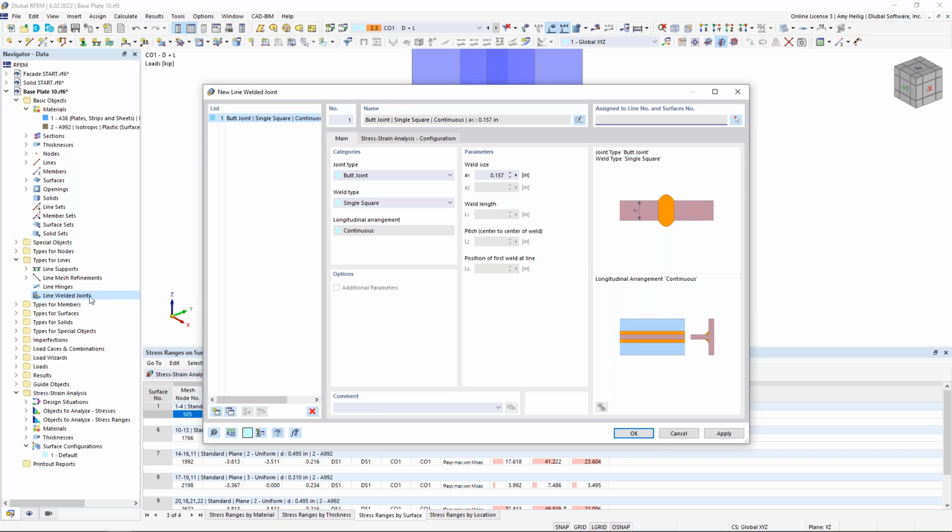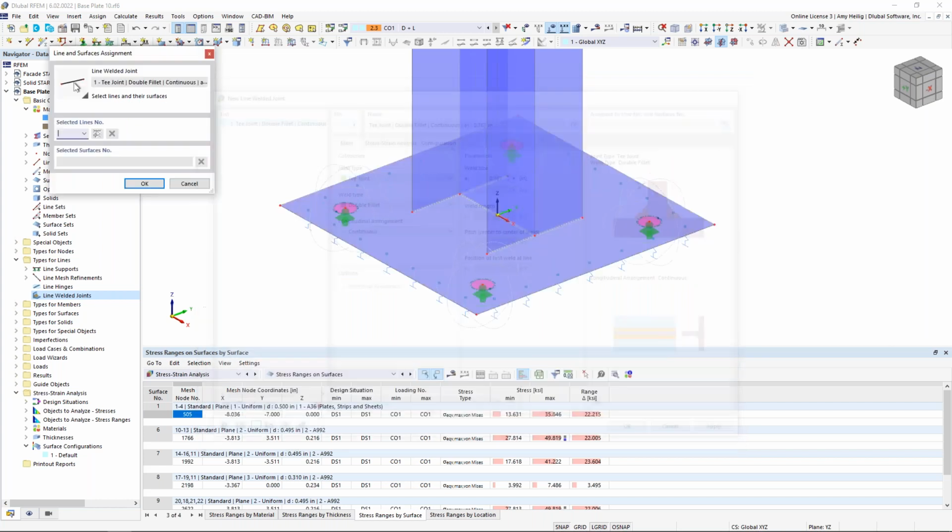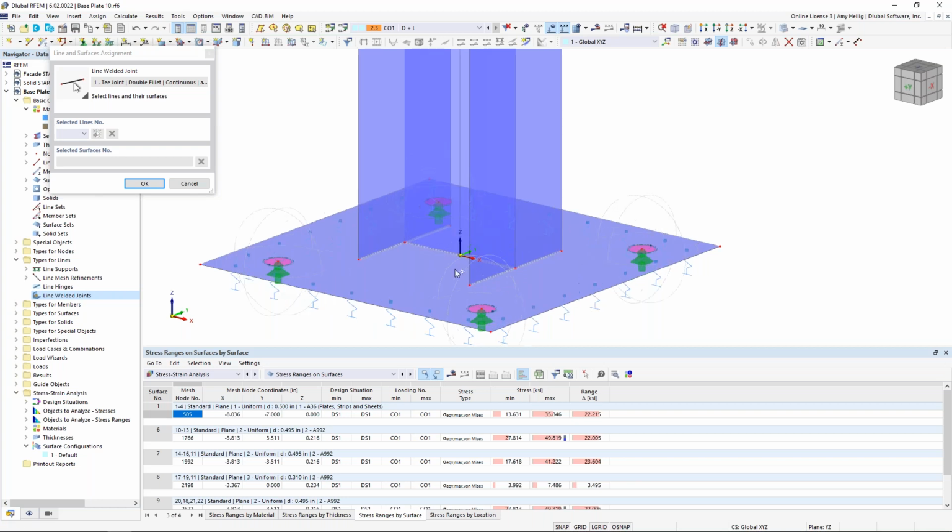So we activate this line welded joints and we have our first definition type here. The first joint type is a butt joint, but we also have a corner joint. And notice this picture updates over here on the right. We have a lap joint, and finally we have a T-joint, which is what we'll be utilizing today based on a double fillet. So what we will do is specify the weld size. So perhaps I set this at 0.167 inches,